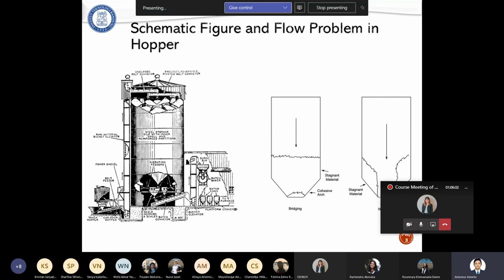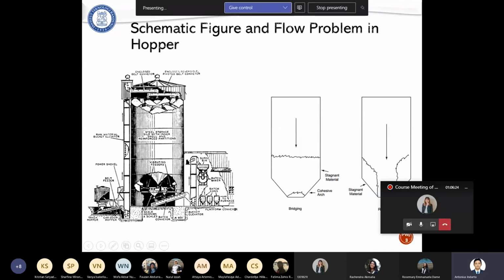And then this is the schematic figure for the hopper. We have the conical system at the bottom of this storage, and we put the material in from the top, from this line.